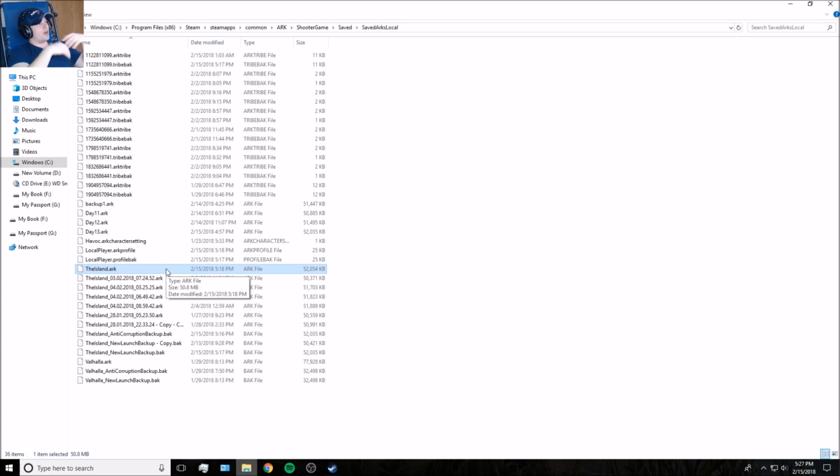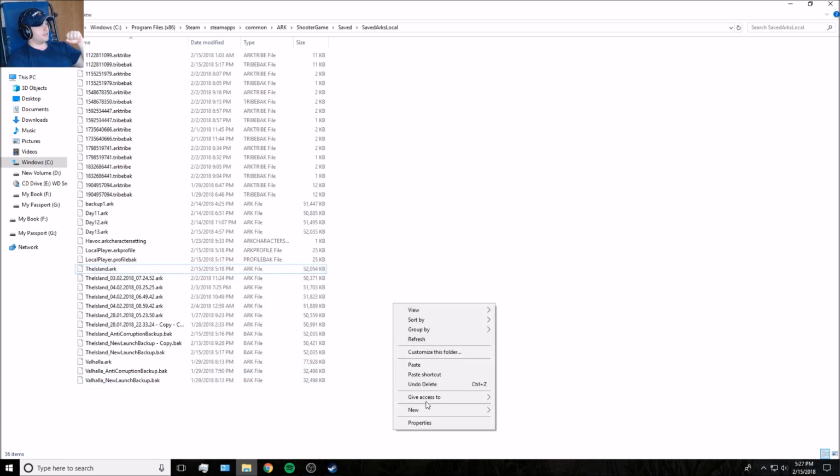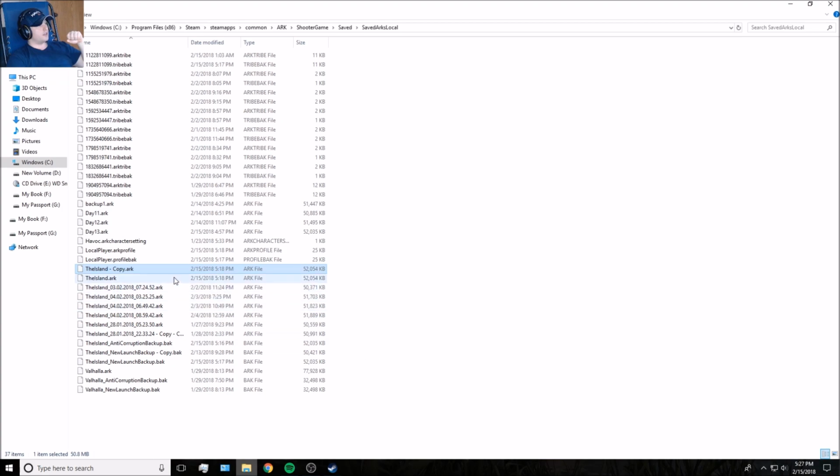Okay, so I'm trying to reload the new file, and it's now titled TheIsland.ark. I now want to copy and paste that. So if you follow this video, it should fix your problem. But if you missed a step, or you forgot a step, and you logged in, and it didn't work, this file is going to be corrupted, but guess what? You made a copy of it right there. So you just retitle this one TheIsland.ark,